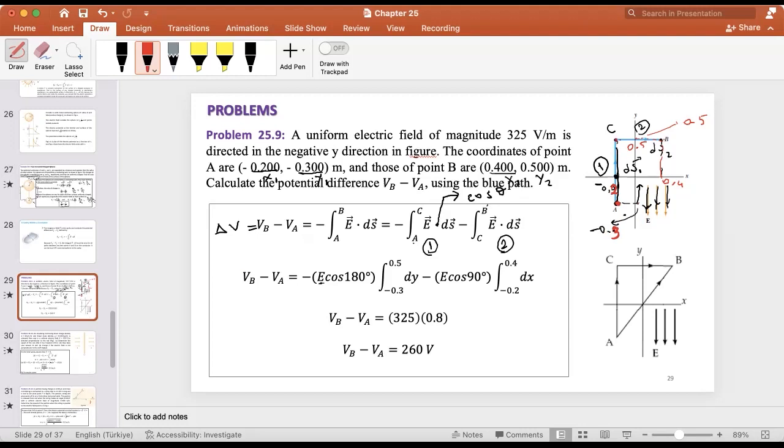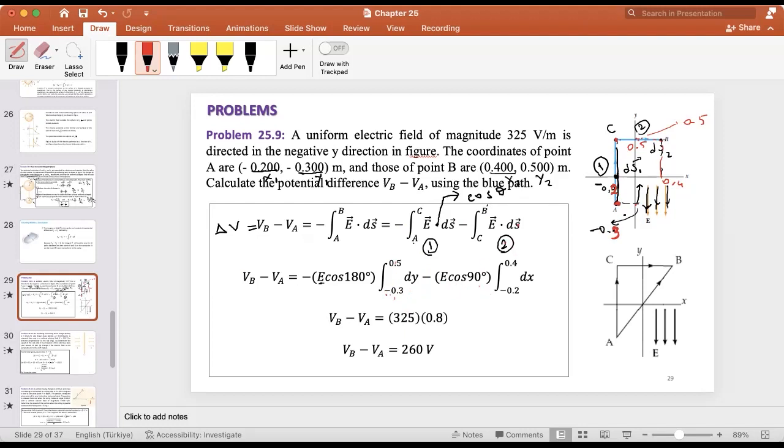What's the C? 0.5. Just so you can see, it depends on the y coordinate system. So I will take the y coordinate system. Okay. So it starts from minus 0.3, which is this one. And finally it stops here at the C point, which is 0.5. This is my limitation. Okay, perfect. And then again,